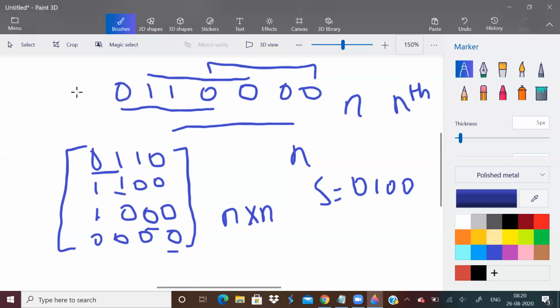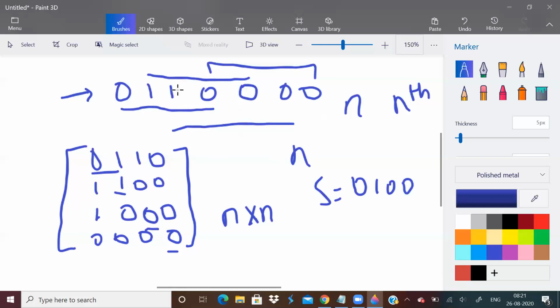Start traversing the original string and take the first character. Now the second character of the second string is here. I hope you're understanding. The third character of the third string is here, and the last character is here.